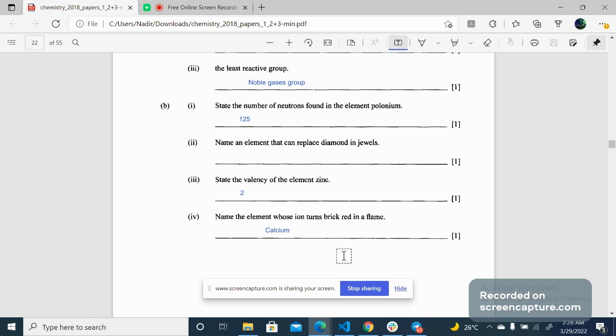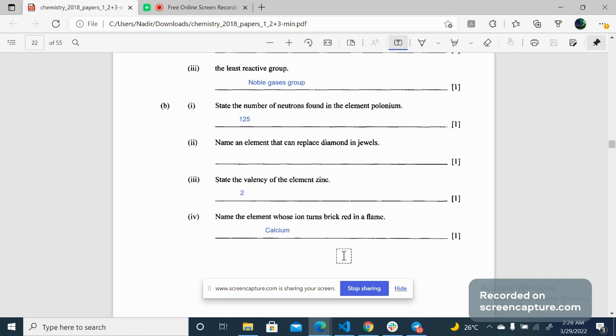So this flame test is basically a method to identify those elements, because some specific elements give characteristic colors to the flame. So, for example, if a particular element is known to give some color A to the flame, then it readily gets identified. As in the case here, if some unknown element gives the flame the particular brick red color, then it readily gets identified as calcium.